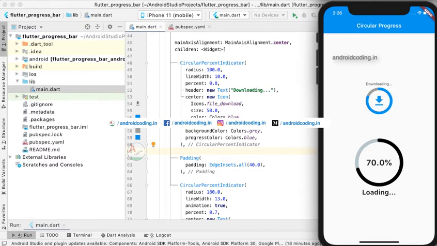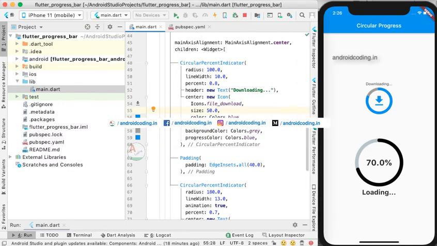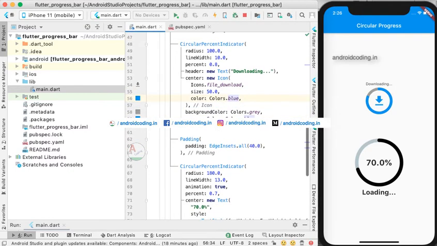So it's again completely optional. And the size and the color for the icon we can specify here, and you can change them according to your requirement.